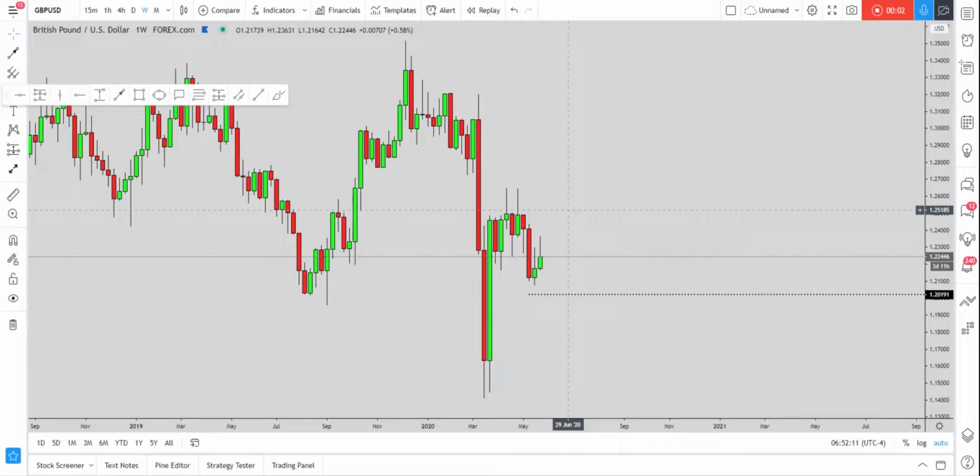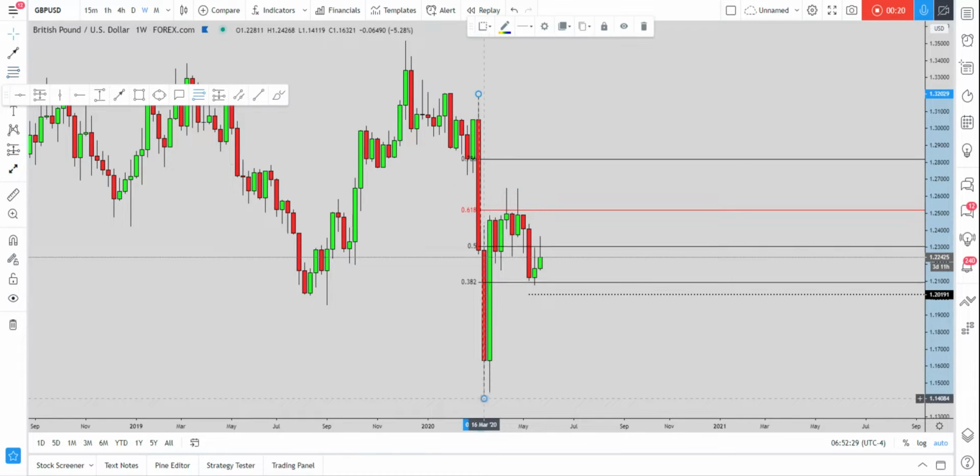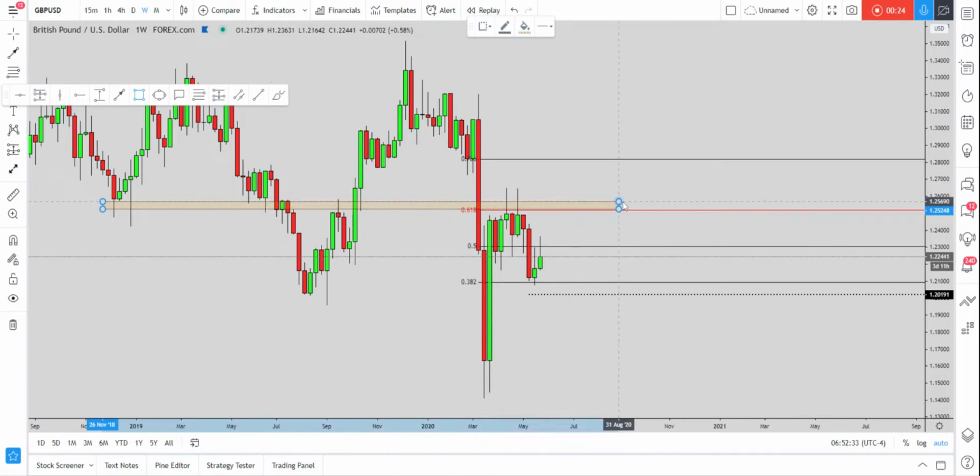Okay, so just a quick update on the situation that is going on at the moment on GBP USD. We have a market that, from a weekly perspective, has created this very nice impulse to the downside and started a nice retracement. Now, if we want to measure the retracement, how are we supposed to be doing it? Taking our Fibonacci from the high to the low of the impulse. And what we can see is that the market went for a clear test of the 0.618 Fibonacci retracement, which was